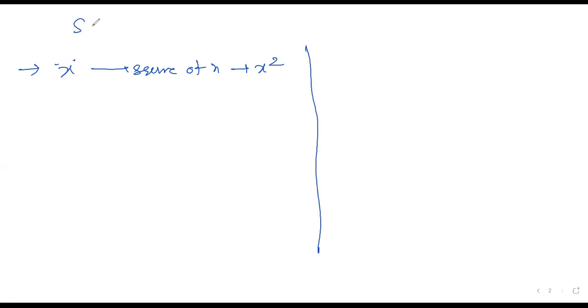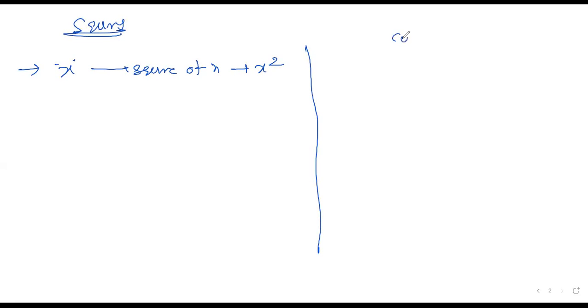Now, what is the difference between squares and square roots? Let me come back to squares, and I'll connect it with cube roots also. Let us say we have a number x. How do we write the square of a number? The square of x is x square. This is called squares.